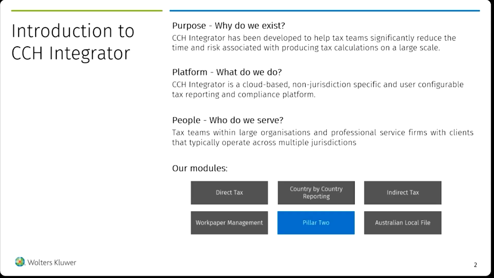Like I said before, CCH Integrator is a global corporate tax platform. It's non-jurisdiction specific, as you can see there, which means it can be completely configurable to what you need. That part is slightly less relevant when we're talking about Pillar Two, because it is configured specifically to deal with Pillar Two. We serve many organizations with CCH Integrator across